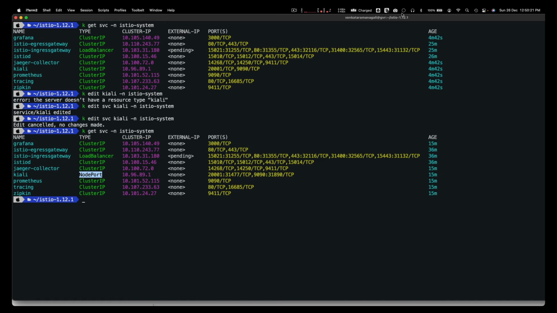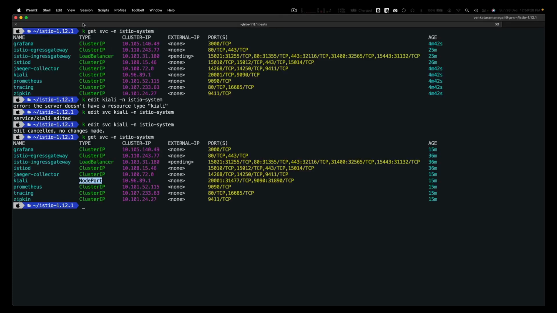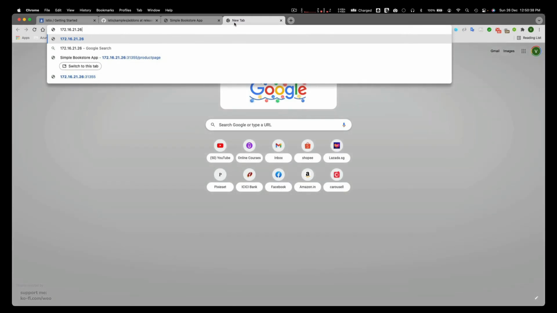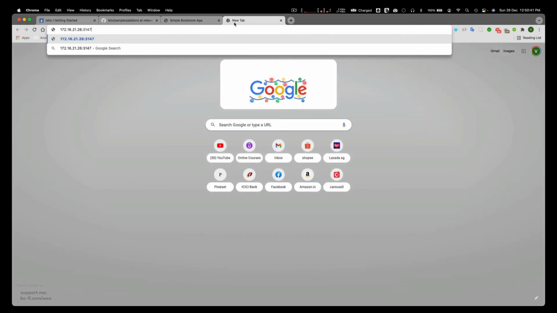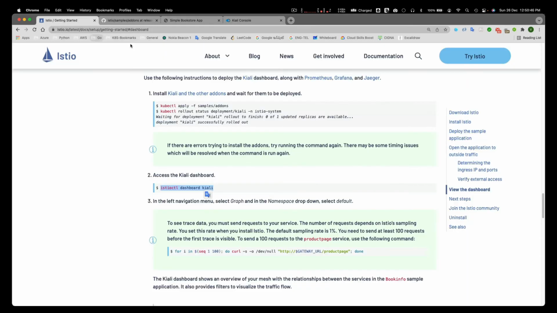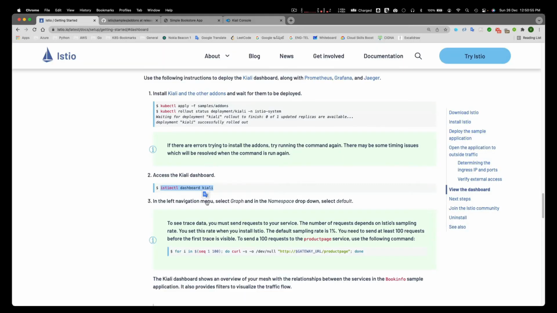So I wanted to find out my minikube IP. This is my minikube IP. And what is the port for Kiali? It's 31477. So this is the Kiali dashboard. You can also access it by using istioctl as well, but the standard in production is to use this. If you look at the documentation of the Kiali dashboard, what it says is